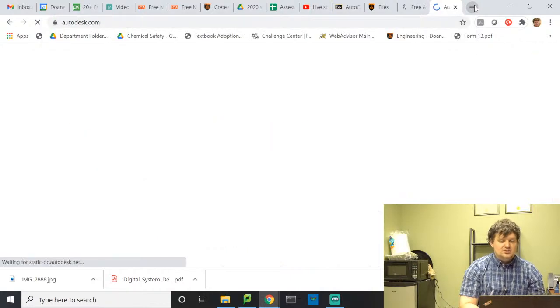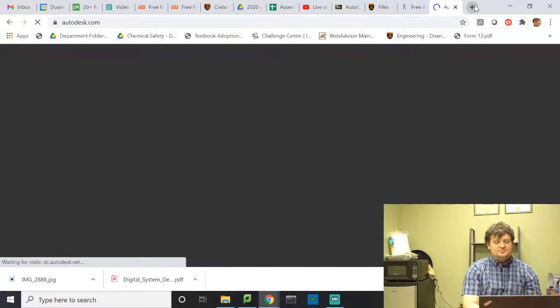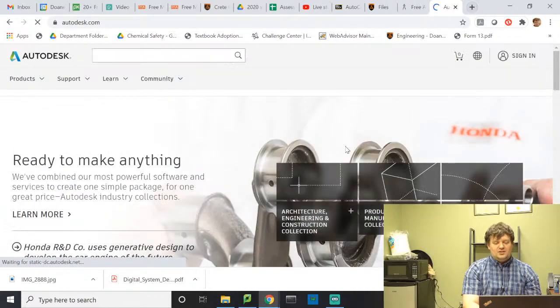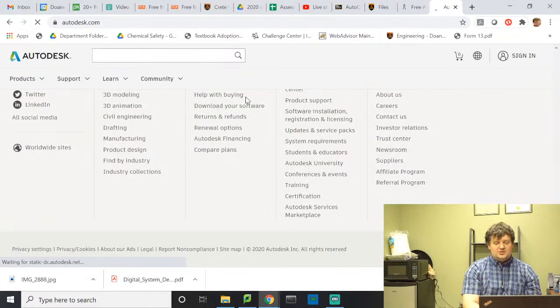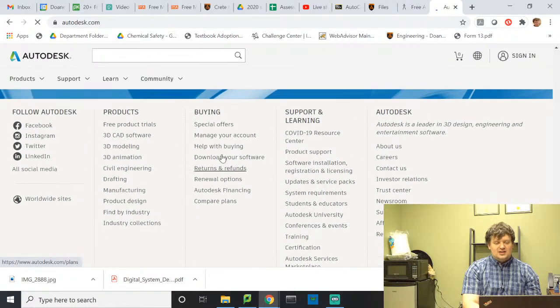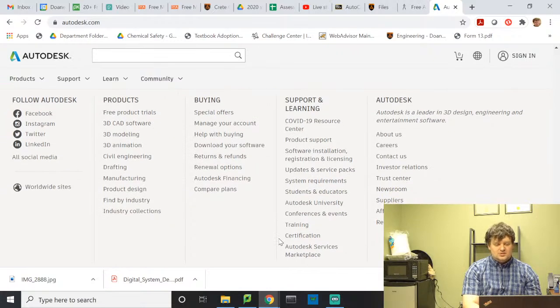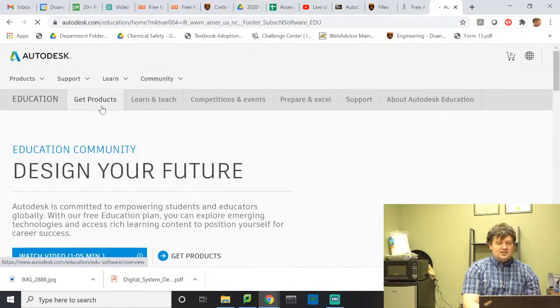Autodesk.com. The way that I go to it is I go way down here, and then it's like, what do I do? What do I do? Okay, I'm lost. There's one in here that's education. Education. Students and educators. Okay, it's in the support and learning section. You click on that, and then click on get products.